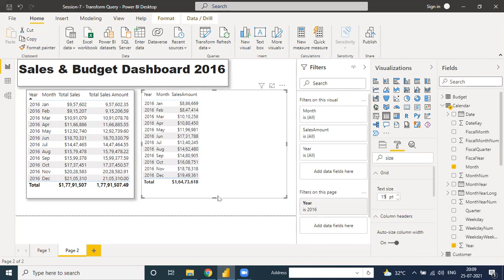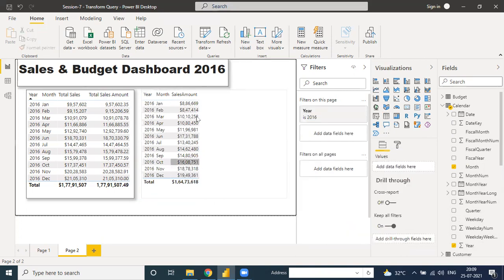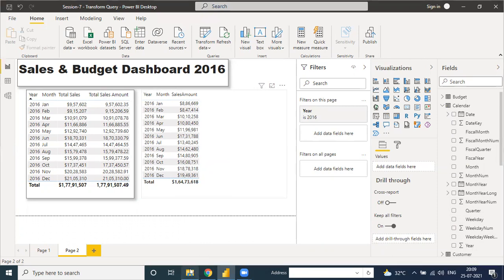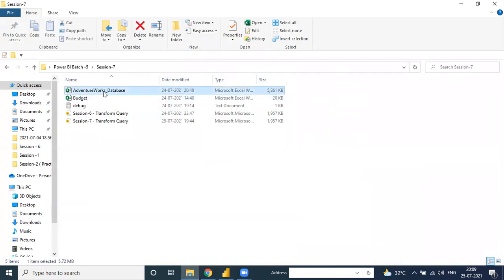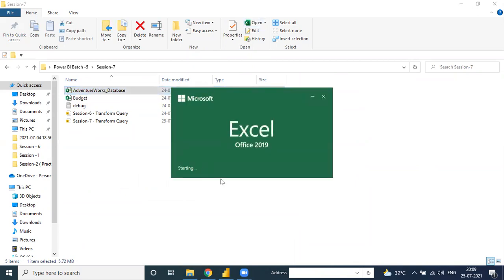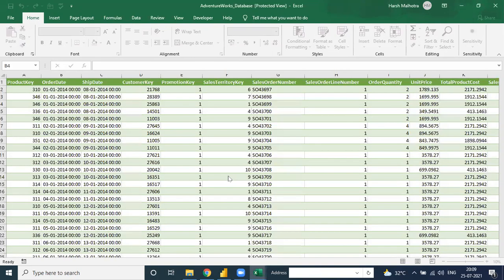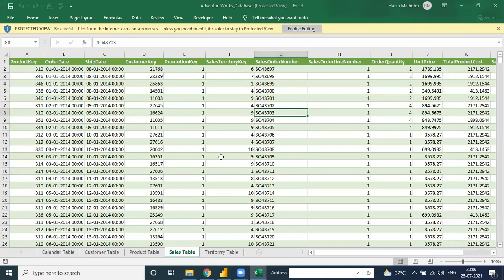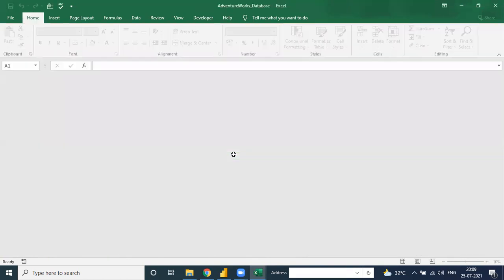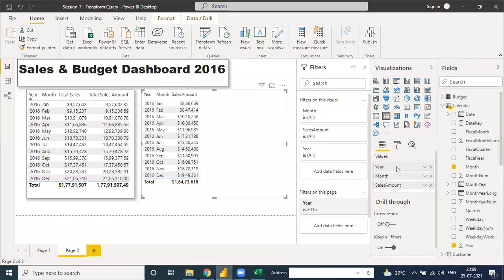Now see, the sales is already given in our data, like in the Excel sheet where we put this kind of data. I opened this file. Power BI is treating some of the sales columns as implicit measures. But we have to create the explicit measure because implicit is not for reuse. When you put this sales value in any other visual, it is not reusable. You need to rearrange again and again.